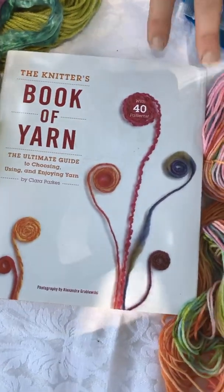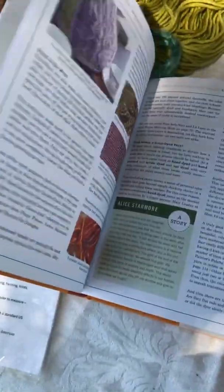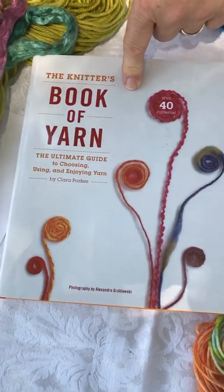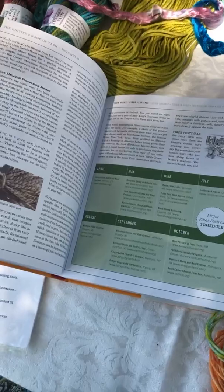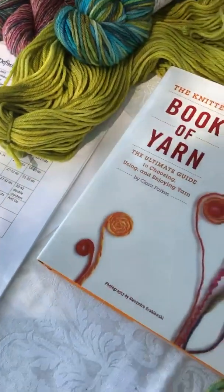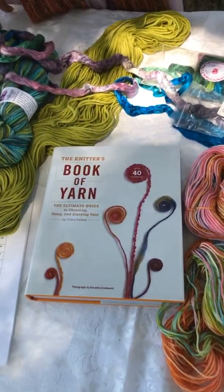It's great. I really like this author's approach. I'm not deep into it yet, so I can't say that I've read the whole thing, but it's beautifully done. And if you want to research further into things like what different fibers do and how they behave, this is a great reference book as well as a read. You can read it either way. She writes little vignettes, so you can read a section or you could read straight through. I started reading straight through, but then I found myself wanting to answer questions on certain topics, and so then I went in to read on little topic areas. One of which was silk, because I knew I was